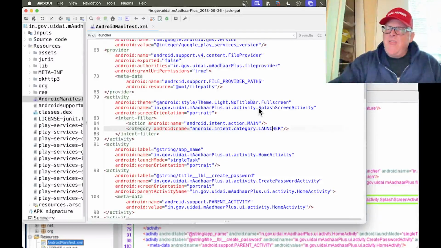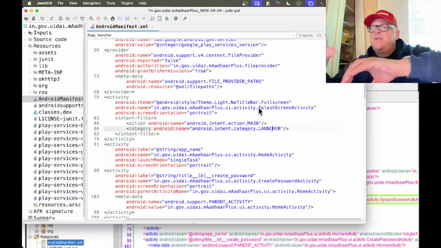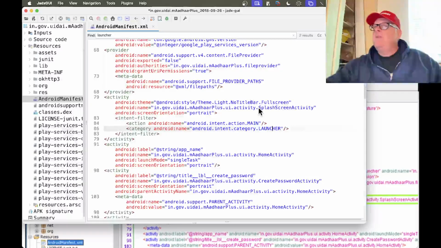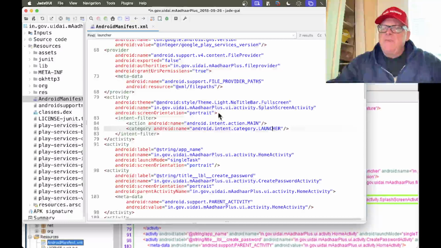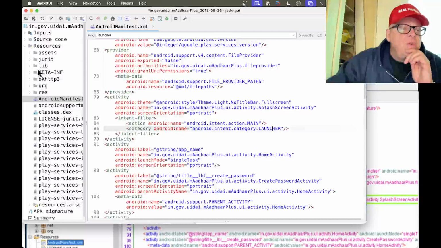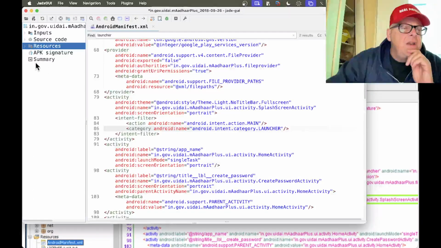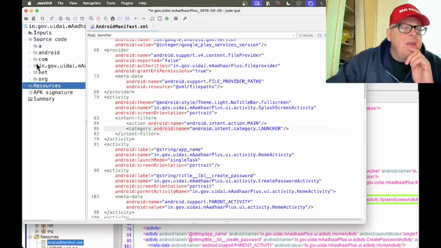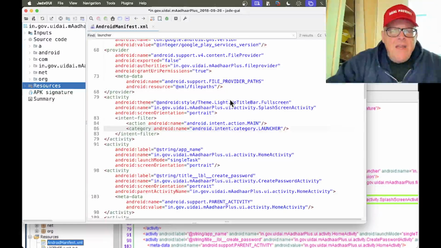We launched the thing, it popped up a warning message. We never even saw anything part of the app at all. So this must be the part that detects the root. This thing here, InGov UI Die, so we should be able to find that. If we go here, in gov UIDI, MAdHAR plus UI activity,